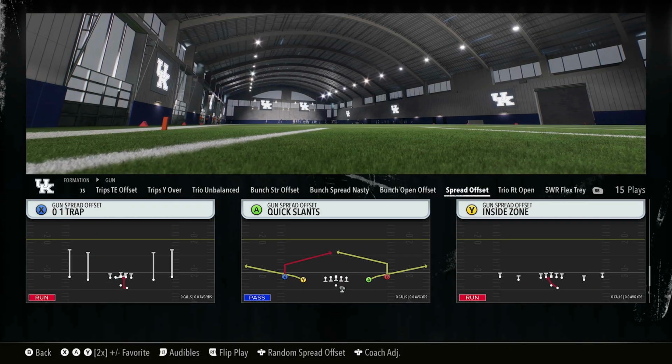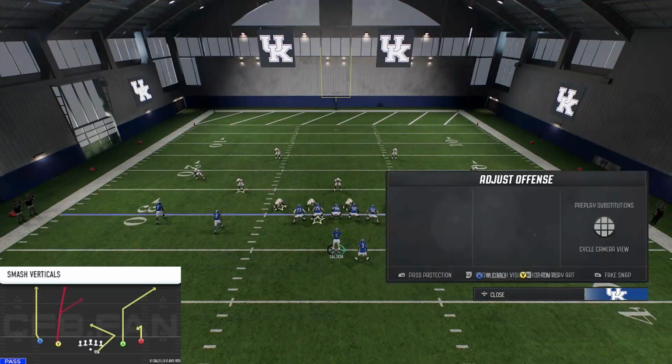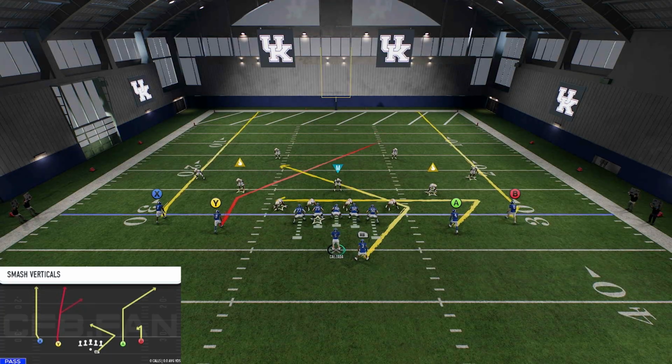We're going to take a look here at smash verticals. Very easy concept to run. Streak your outside receiver here. I'm going to put A here on a return. And then you can put A here on a deep crosser. Put him on a post, stem him down. Either one works well. And really the reads are going to be, you're going to see if they play the